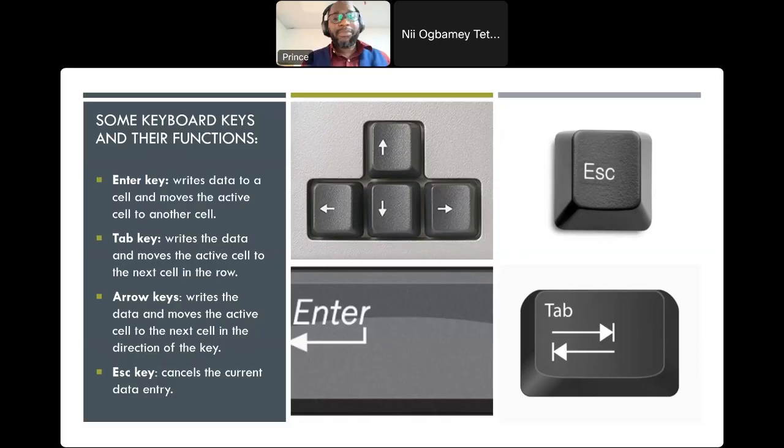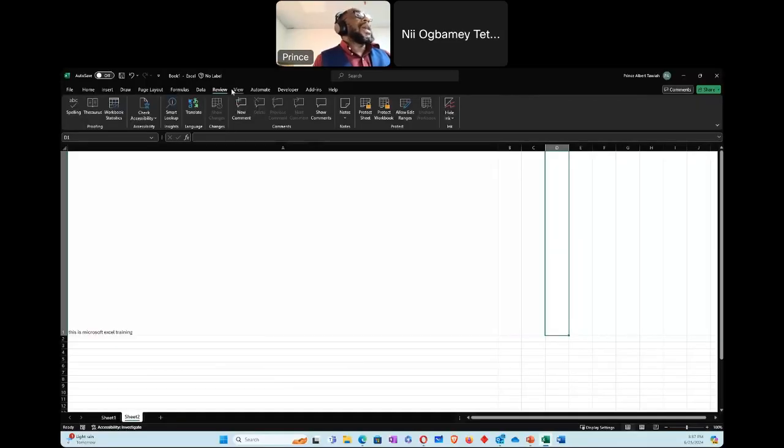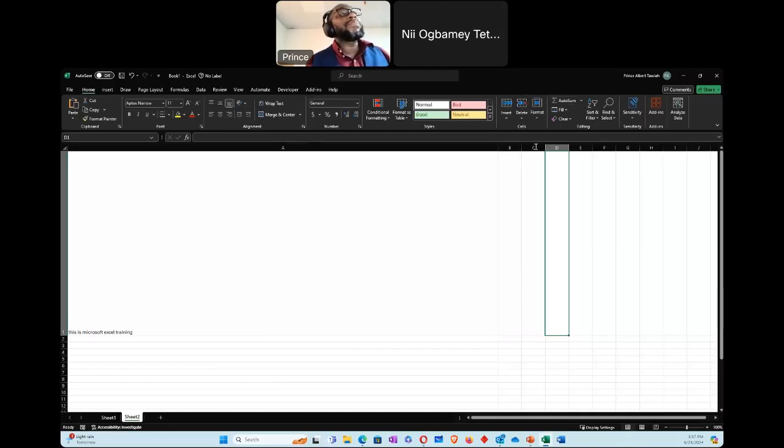So all of them are in here. We are talking about Data. If you want to do your data validation, your new data types, all of them are in here. You have your Review, and these are the tabs in Excel. Each of the tabs has group names in there.